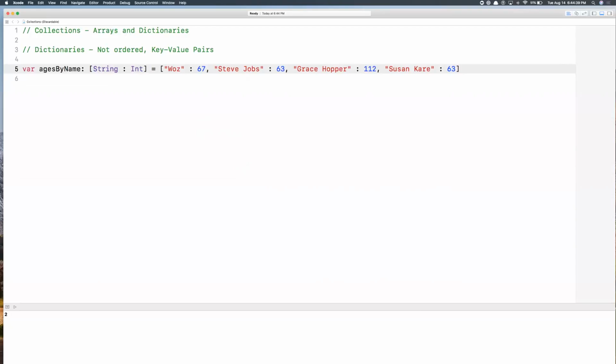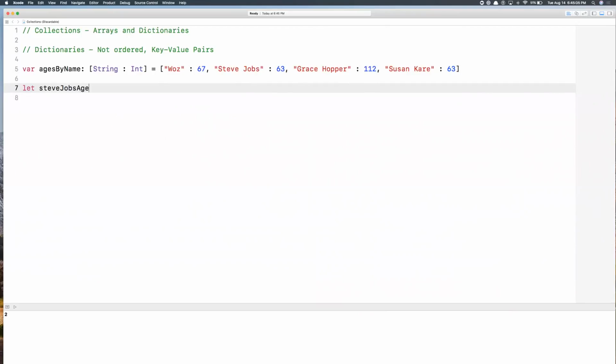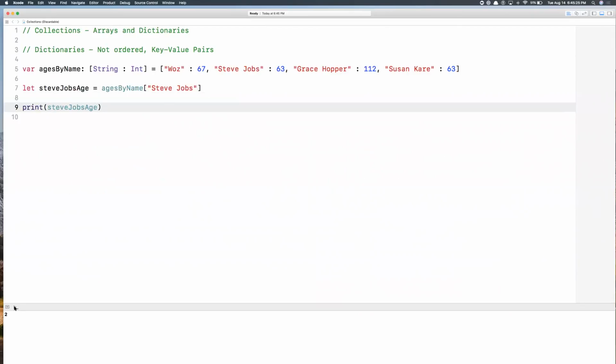So how do we access specific objects in our dictionary, right? If we don't have an index and the items aren't ordered, how can we access elements? Well, just like we would as we're looking through a dictionary, we access these elements by using the key, right? So let's say, for example, that I want to access the age of Steve Jobs, okay? So let's say let Steve Jobs age equal, and then I'm going to select my ages by name dictionary, and I want to find the value of whatever is at key Steve Jobs, okay? So then if I print out Steve Jobs age, we'll see an error,